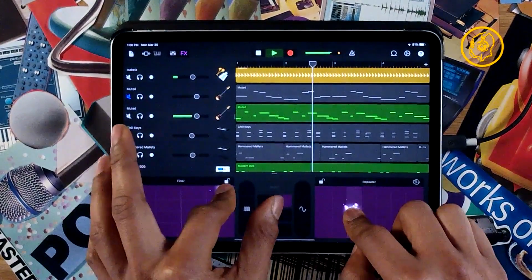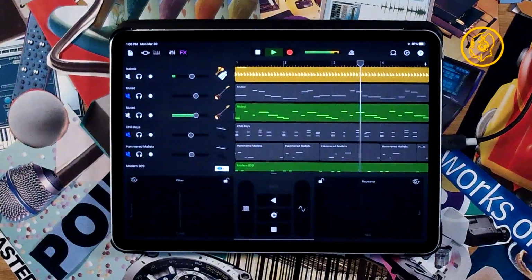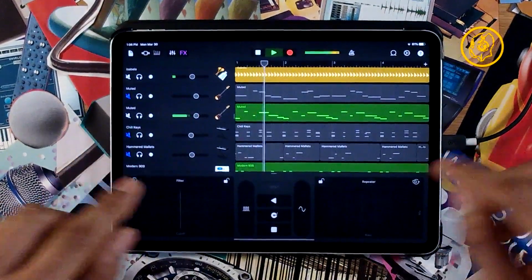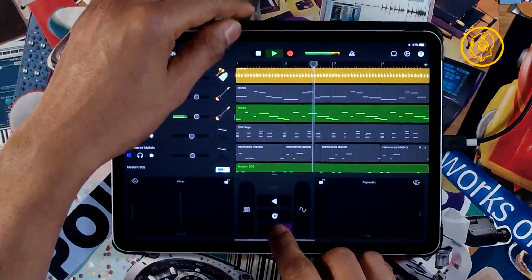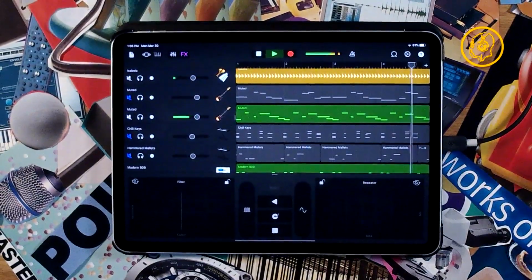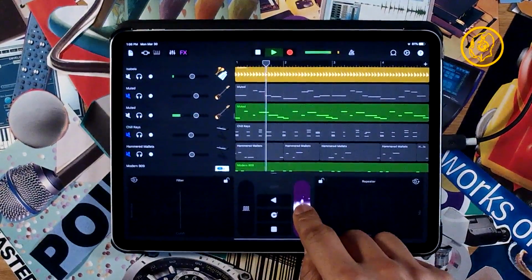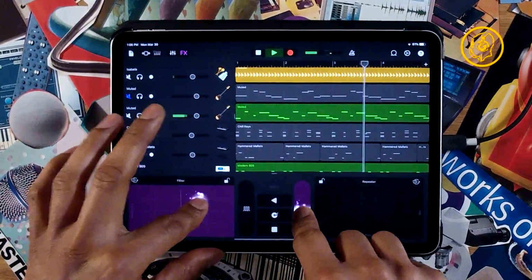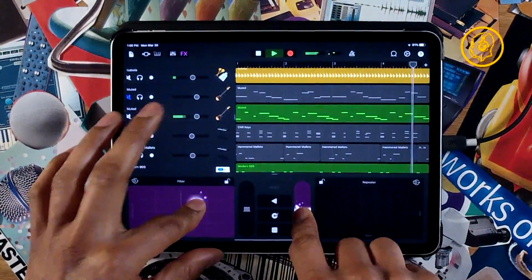Higher, higher, backwards. Yeah. And we stop. Bring it back. I like that. Bit rate effect.